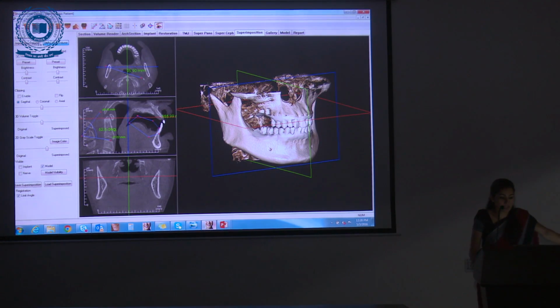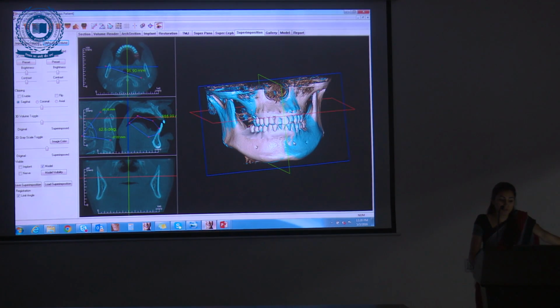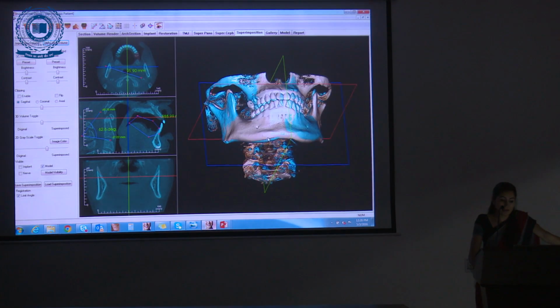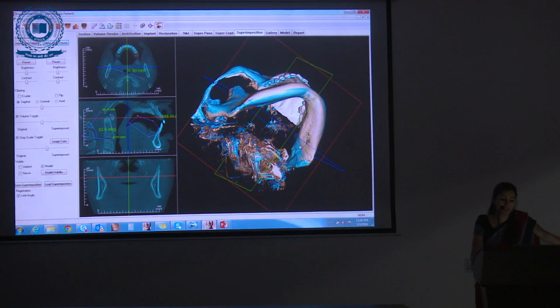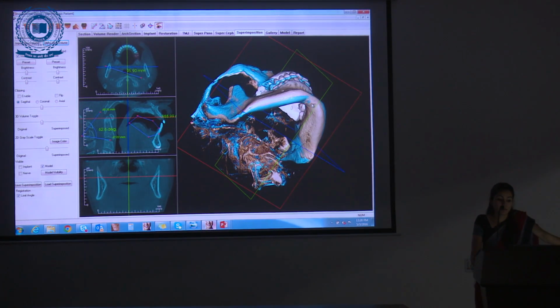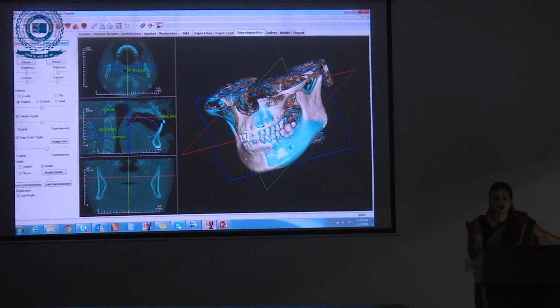I can show you how it works. We have our original volume and we can superimpose a new volume on it just to see the changes. Now you can see the white part is the original volume and the blue one is the superimposed volume, and as I have superimposed the same scan over it, we can see there is no distortion, there is nothing changed, but there will be changes in pre-operative or post-operative scans, or maybe a post-operative and a follow-up scan. So this is how we can measure the changes. Like in the orthodontic treatments, this tool is very important. After we put the braces, after 2-3 months we can take a follow-up scan and